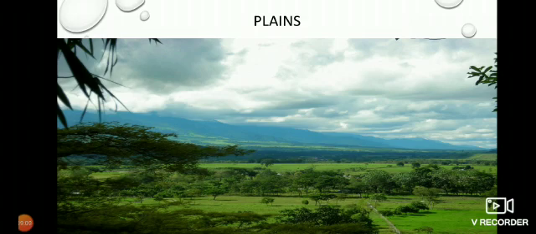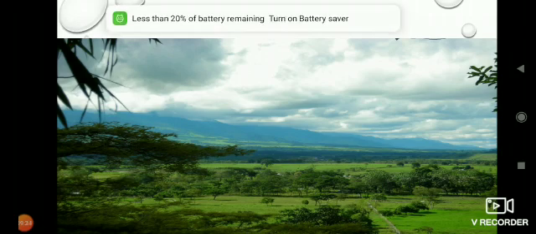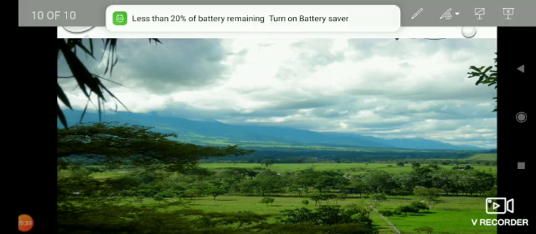The Eastern Coastal Plain is much broader. These regions are arable and suitable for a wide variety of crops because rivers such as the Mahanadi, Godavari, Krishna, and Kaveri flow in these plains. So these plains are more fertile and suitable for a wide variety of crops.